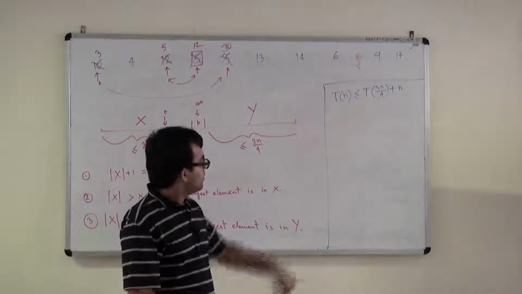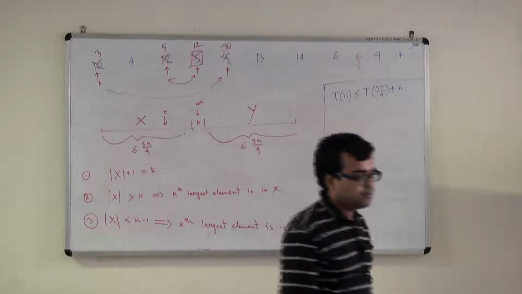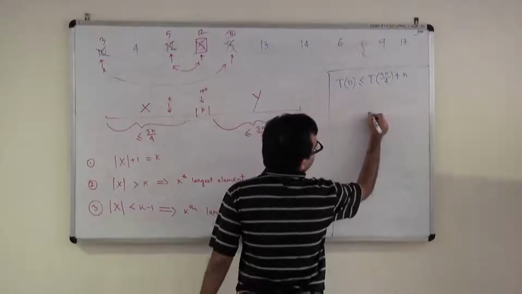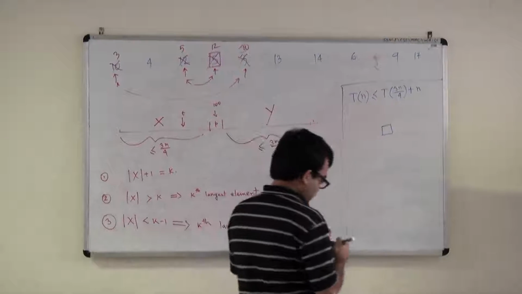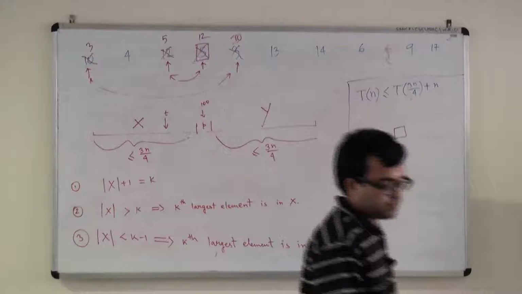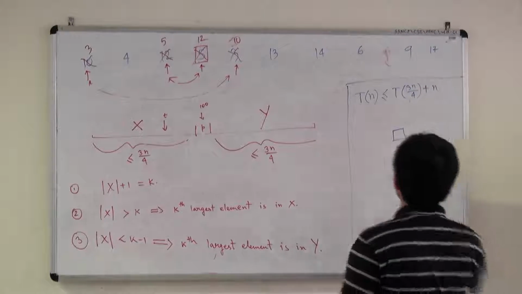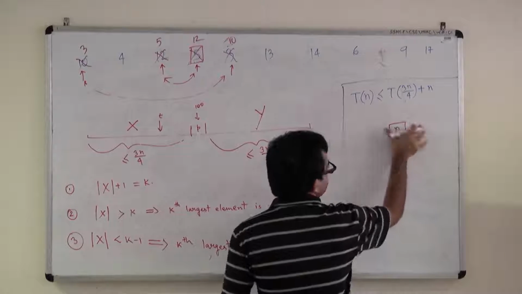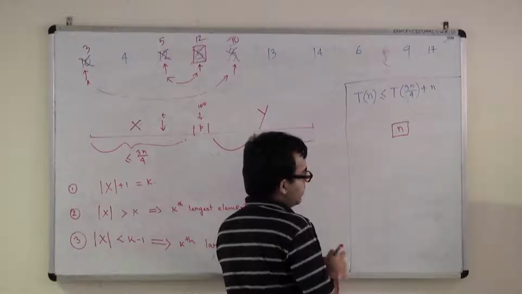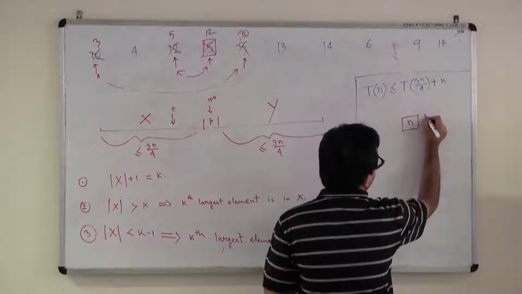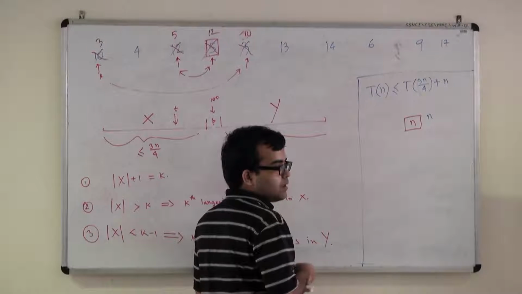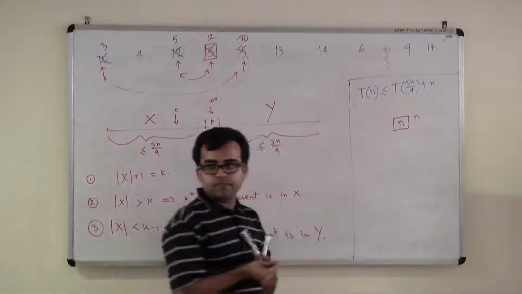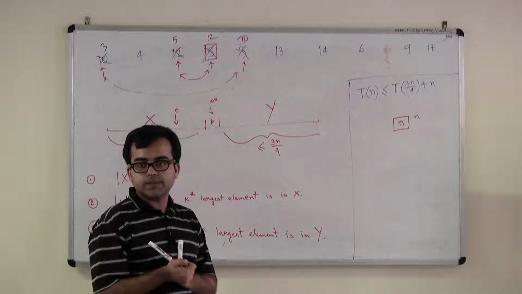Now what is the solution for this recurrence? What will the tree look like for this recurrence? This is your initial thing. Let me just go back to the colors I was using before. So this is your initial subproblem n, and you spent n time on the combine step. How many children will it have? Which one?